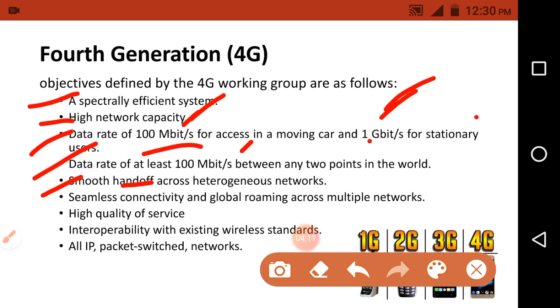At a time the mobile has two connections, with multiple base stations. That is what we call a smooth handoff.